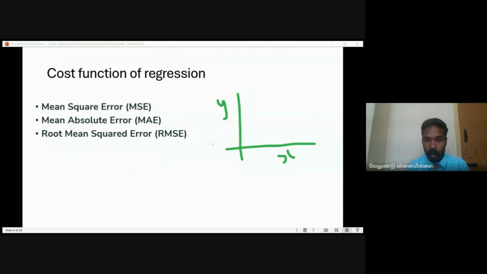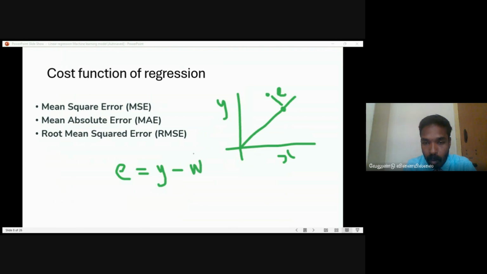In this case, our relationship is here, and this is our line of regression, and this is my labeled data or statistical data. Assume that this is my predicted data. The Euclidean distance between the predicted data and the labeled data is known as the error E. The error is the difference between y, that is the statistical data, and W transpose, the weight coefficients, times my x, and this is the Euclidean distance.